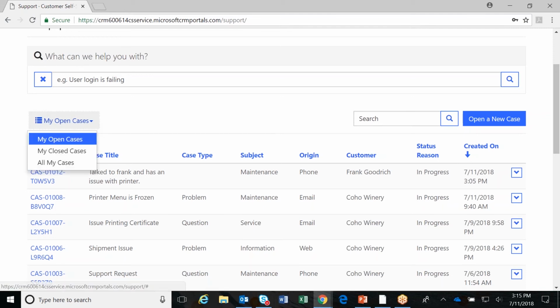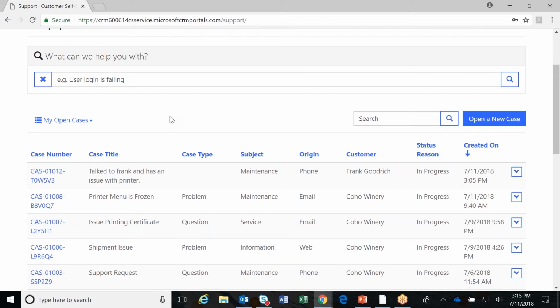You can also change the view. So right now we're looking at Coho Winery's open support cases with us, but Frank can also choose to see their closed cases or all their cases combined. At this point, Frank can click and view the details of any of these cases. He can actually make updates to these cases as long as they're still open. So I'm going to go ahead and just click on this case number here,